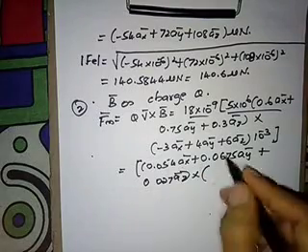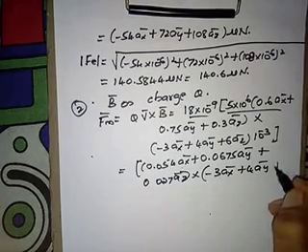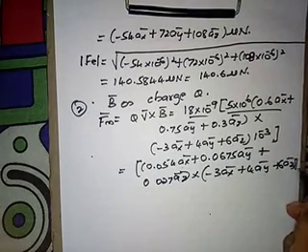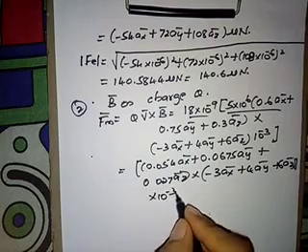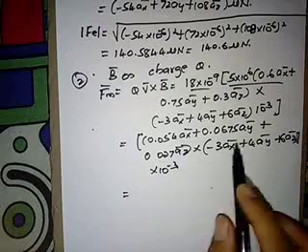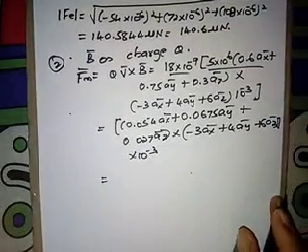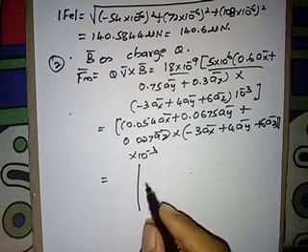This into, so the remaining term is this, minus 3 ax bar plus 4 ay bar plus 6 az bar, this into 10 raised to minus 3. So now we have to take the multiplication, that is the cross product of two vectors. How do we take the cross product of two vectors? What is the method?